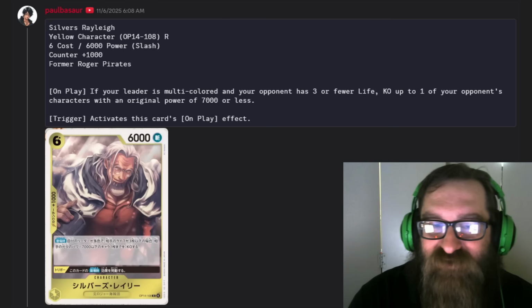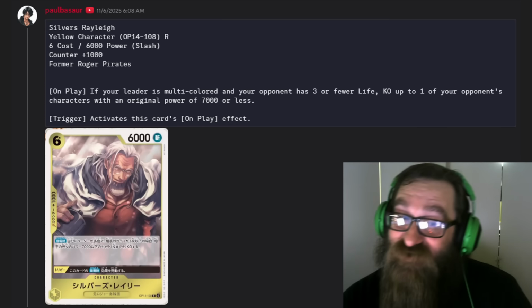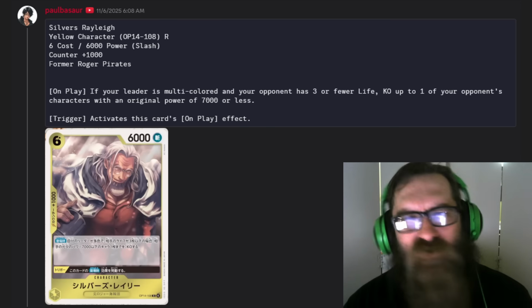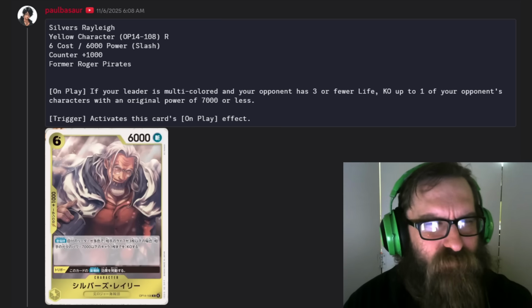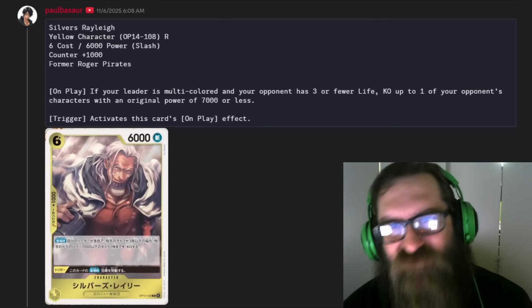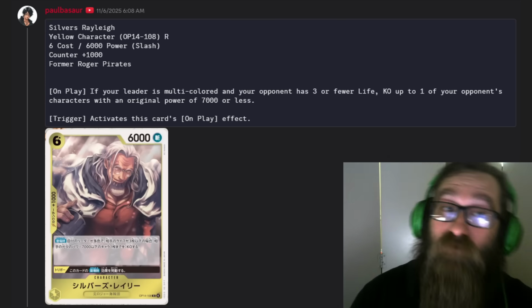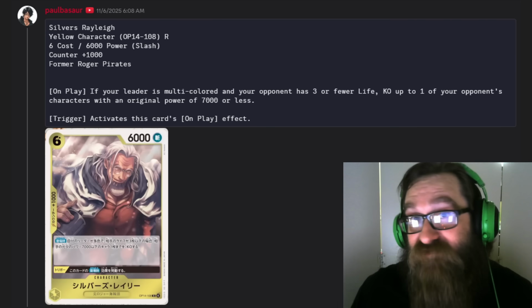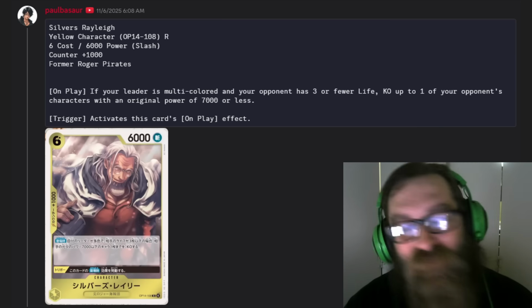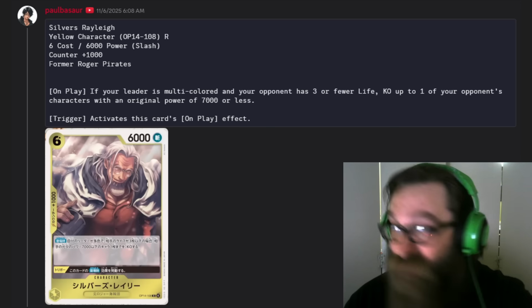And one of the best things about Red is, of course, the power reduction. And I would love to be able to combo a card like Silver's Rayleigh with some of these new events coming out. I think there's a new Fire Fist card coming out. It's either an OP-13 or OP-14, I can't remember. But it's like a 3-cost card that does minus 5,000 power to a character for the turn. Okay, well now, if I comboed something like that with this card, I would be able to hit a 12,000 power character. However, this goes off of original power. Very disappointed that it goes off of original power,